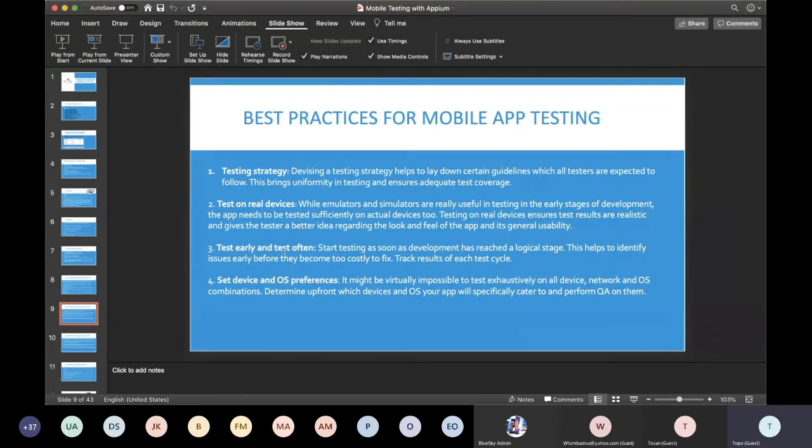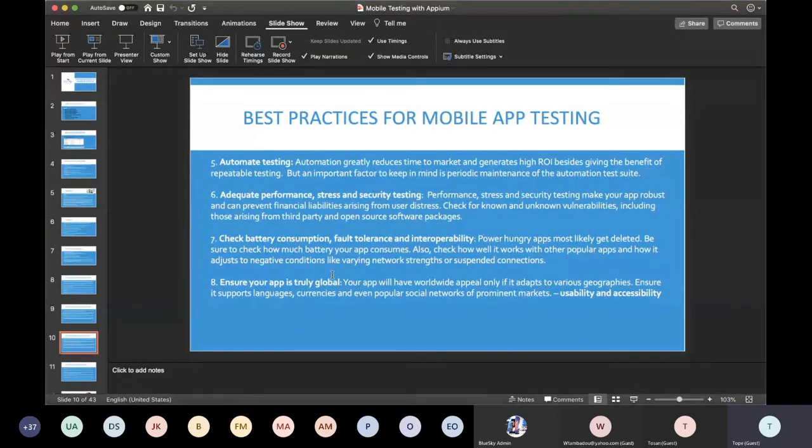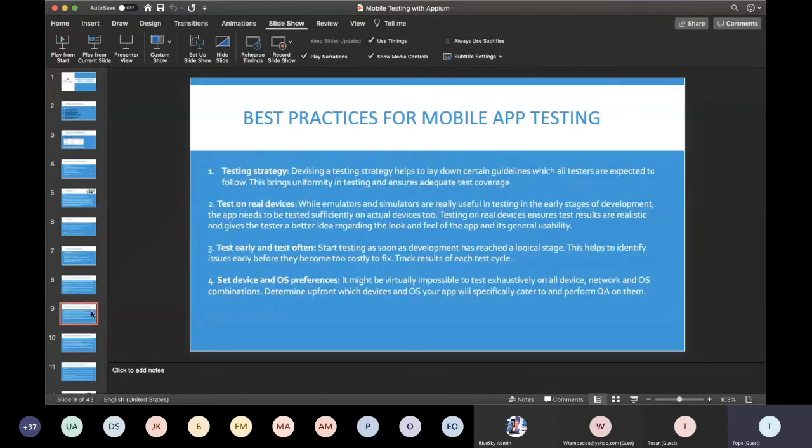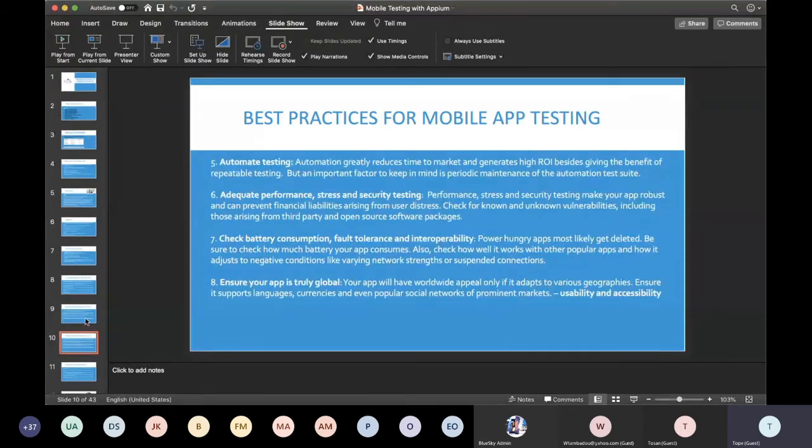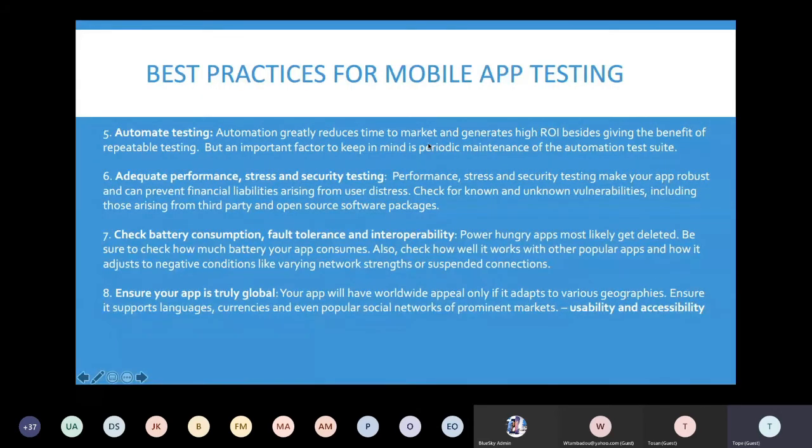So the next thing that we're going to look at is, normally my first lessons are more like theory, and the reason why I take my time is because we need to have a good foundation as to what mobile devices are, what mobile application testing is all about, and all that. So the next thing that we're going to look at, as part of the best practices, is